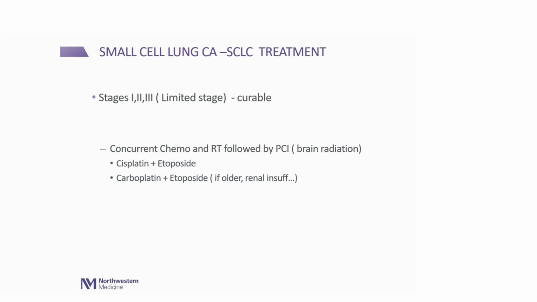So we do chemo and we do radiation, and followed by, this is one unique aspect of small cell cancers, radiation is done to the brain, even if there's no cancer there, just preventatively. Preventatively, it's done because this type of lung cancer has a high chance of spreading to the brain. Again, in this day and age, I think radiation oncologists are moving away from this a little bit. It also depends if the person is older. If they feel the side effects are too much, then they may not offer it. So we're not seeing it offered in everyone. If it's a young patient, I think they're more inclined towards offering it. But in general, this is how the pathway is.